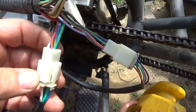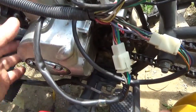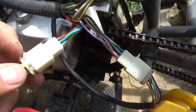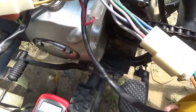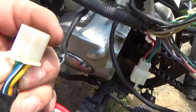Here's the second wire harness. And once again, you want to be on the engine side, because if you're messing with that wire harness, it's not going to do you any good. Once again, you push the pin in, slide that out. Better done with 2 hands, obviously. And you have the connections right here. The only bad thing is